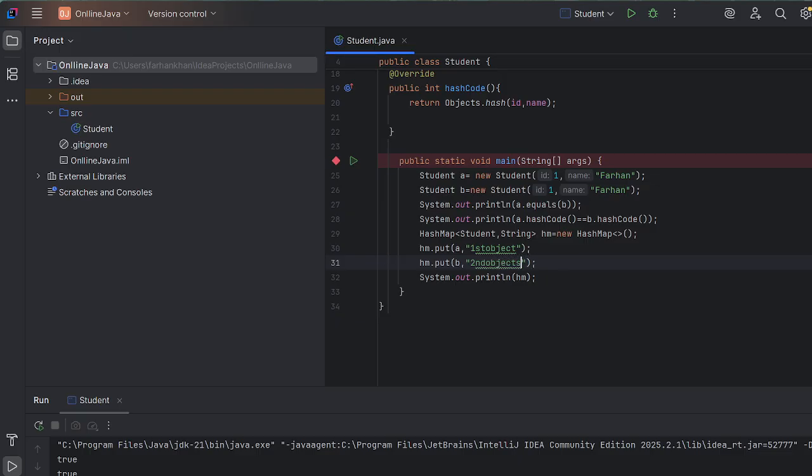When you store the first, it stores the first object, then the hash code is generated. Then the hash code is the same. Then it calls the equals method. The equals method returns that these two objects' values are also same. So then the first object is replaced with the second object. So only the unique value will be stored in a HashMap. And this is very helpful in memory management and everywhere.